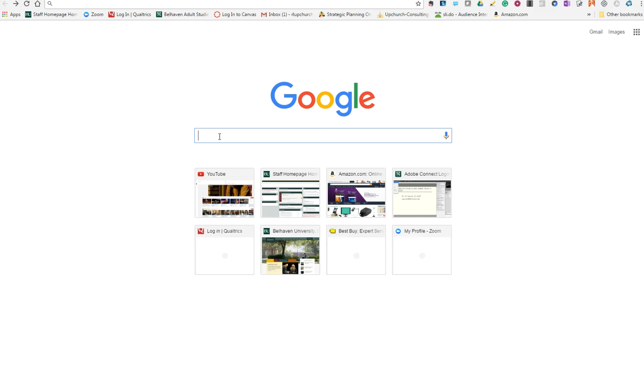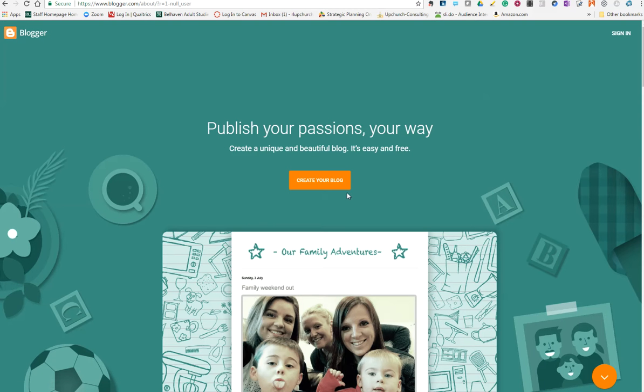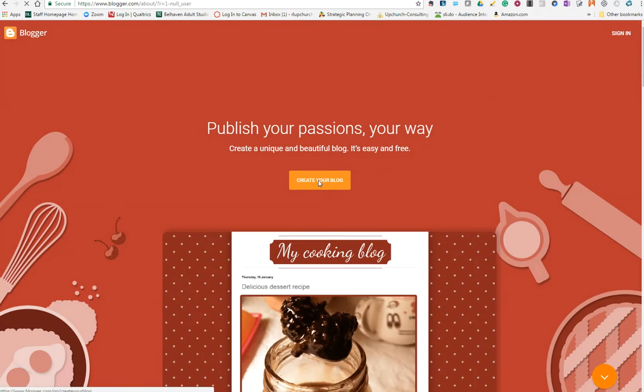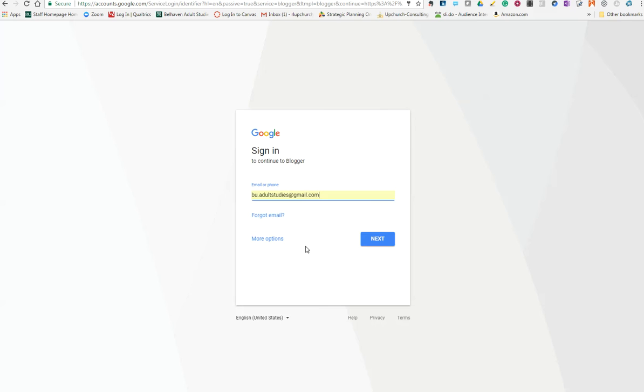To get to the site, I'm going to go to a Google search field and type in blogger.com, hit enter, and it will take me to a site that looks like this. And I'm going to click Create Your Own Blog, and it will ask me now for an email account. If I do not already have a Gmail account, I will have to create one, and you would do that by going down here to Use Another Account, More Options, Create Your Own Account, and follow the process then for